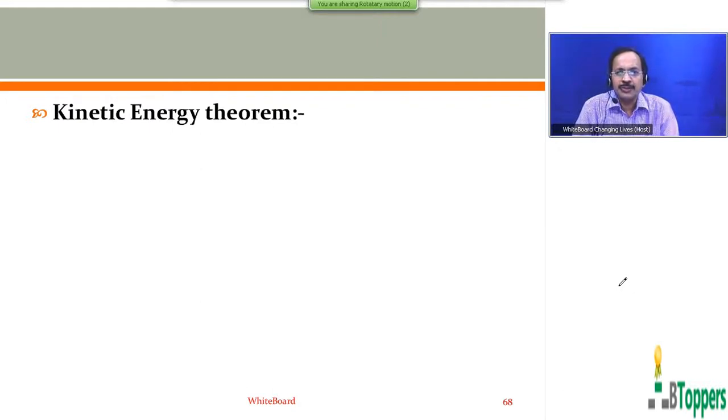So now from this class onwards, I am going to discuss the theory part for the combined translational and rotational motion of a rigid body. So I am going to discuss about the combined translational rotational motion of a rigid body, and later about the motion of a body rolling on a surface. So in this, before I discuss about that, first I would like to discuss a theorem which we call the kinetic energy theorem. So you first concentrate only to listen to my explanation.